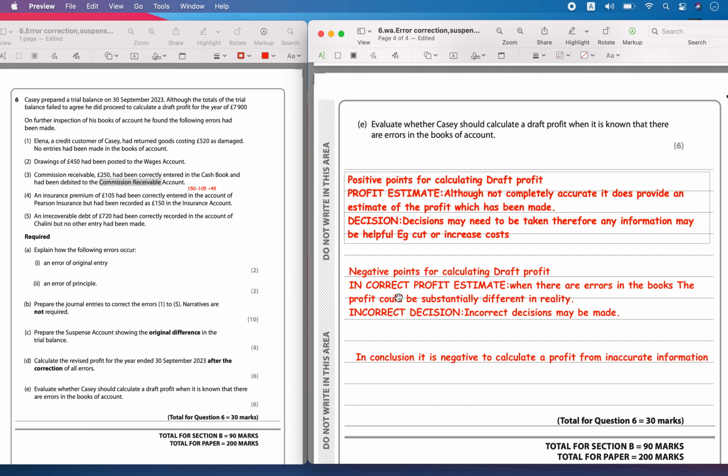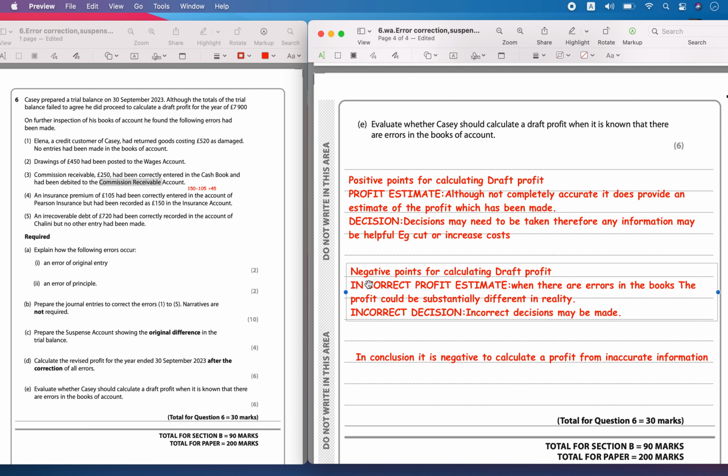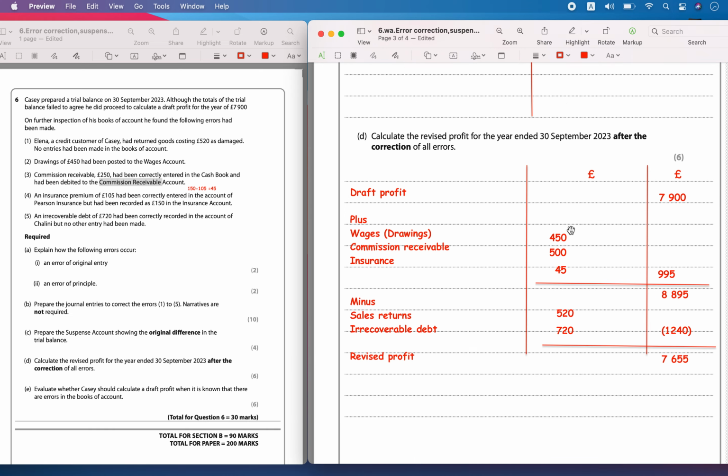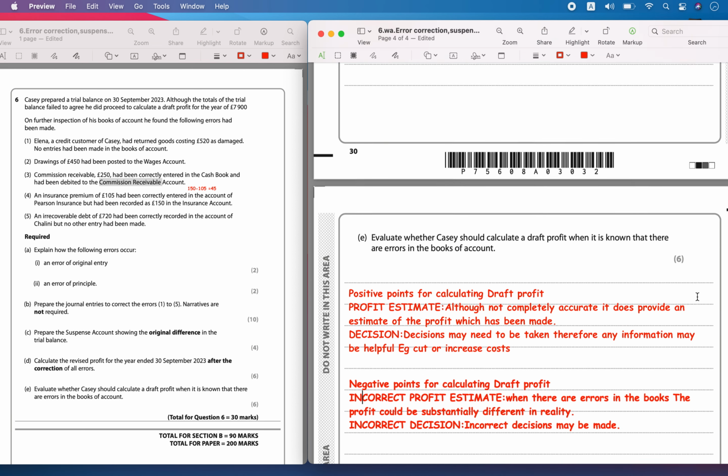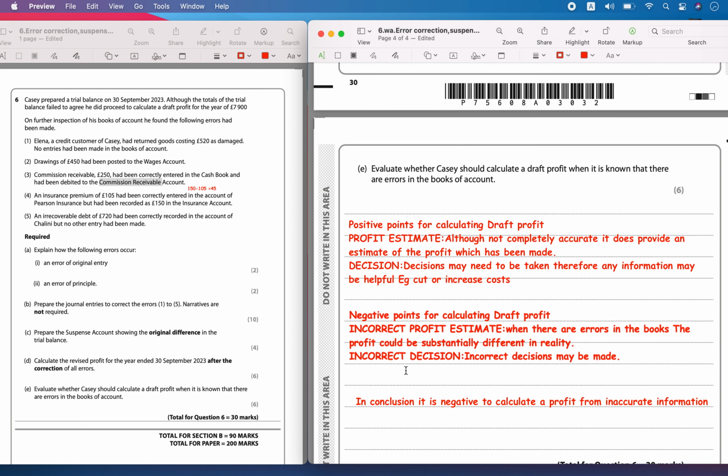However, what are the negative points for preparing a draft profit? It might lead to an incorrect profit estimate. So when there are errors in the books, the profit could substantially be different in reality. So we can see that the real profit was 7,655, whereas her estimate was 7,900. And so incorrect decision making may be made. In conclusion, it is negative to calculate a